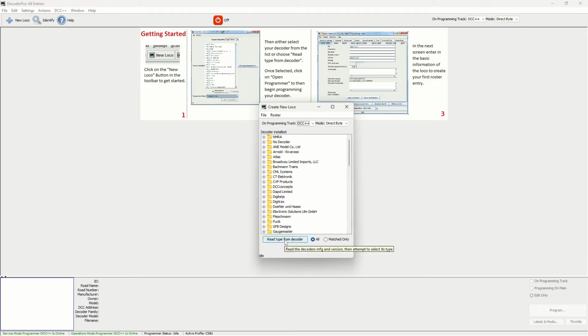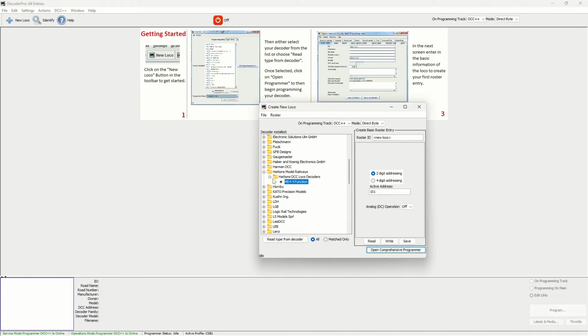Now, it's not essential to get the right decoder type. It just helps, because when we come to programming decoders, there are all kinds of profiles that lay out the programming window differently based on the type of decoder we've got. So I'm just going to read the type, and I don't know if the microphone picked that up, but the loco's doing its shuffling, and it found that it's a Hatton's, unsurprisingly, because I usually go for the cheap ones, and the only option there is a